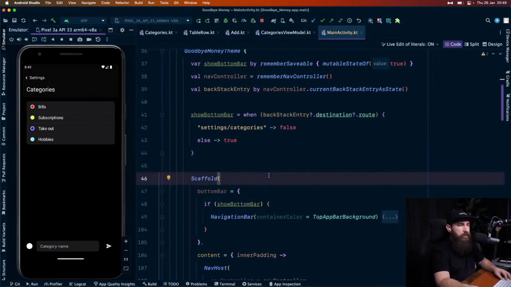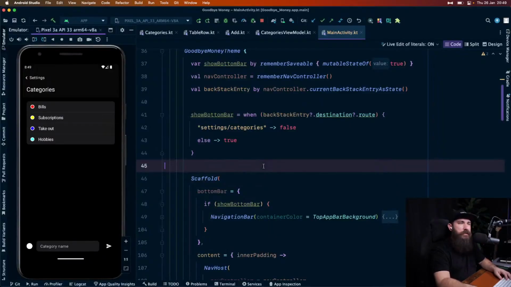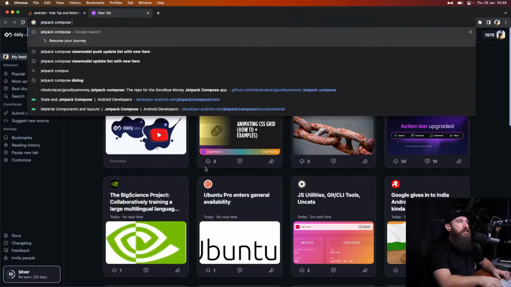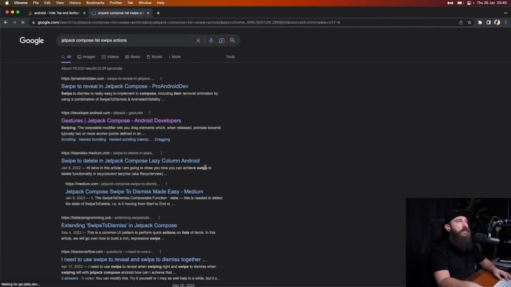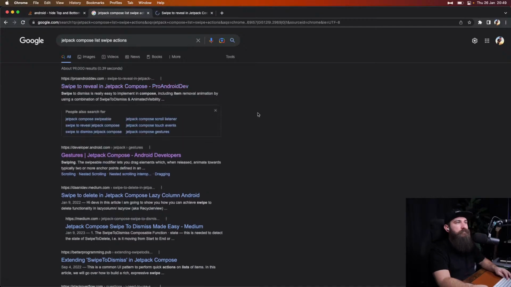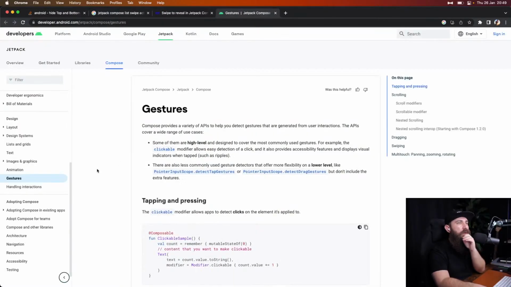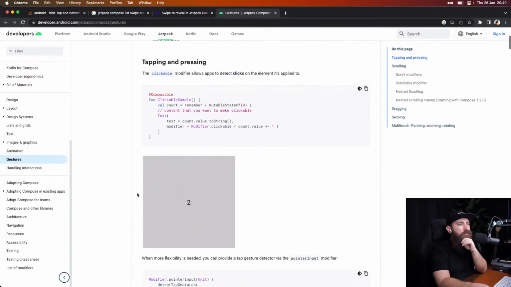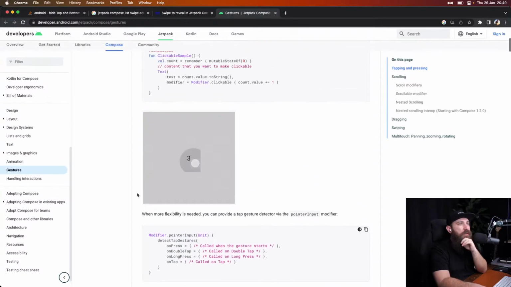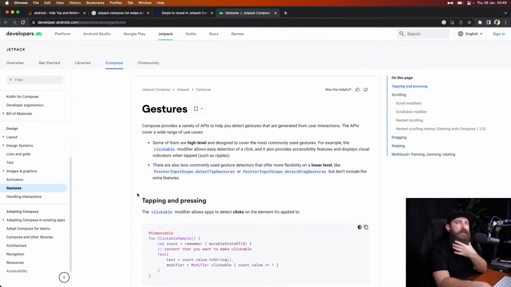I haven't done the research, so you know, we'll just go for it and see what we can find. Okay. Jetpack Compose list swipe actions. Yep, swipe to reveal maybe. There's also gestures. Maybe we can implement something custom. Because the point with gestures is that we can hook up a custom